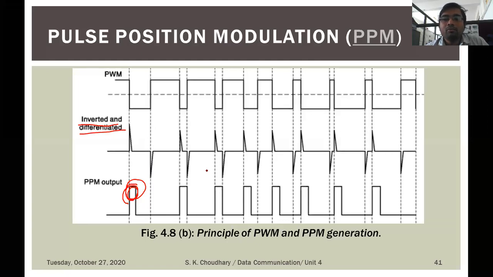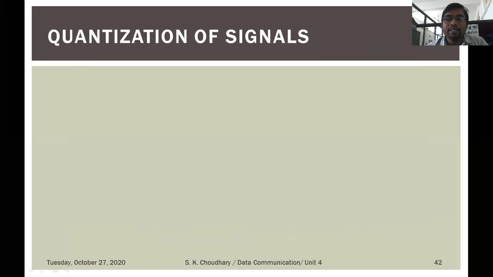But now we have to see what kind of error could be there, and how the analog signal is actually converted into the digital one. What are the steps we have to follow? One of the terms is called quantization. We are required to quantize the message signals. So now we learn about what we actually follow in the communication system: quantization of the signals before they are finally converted into the digital one.